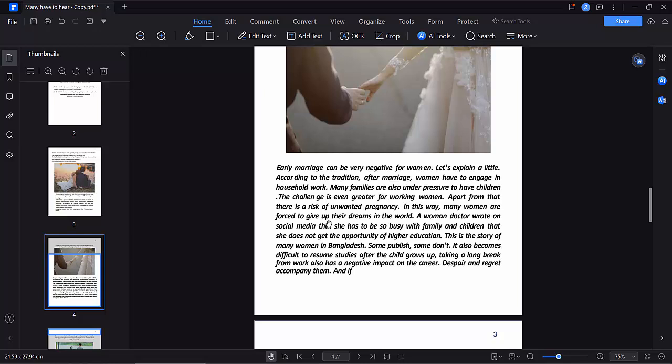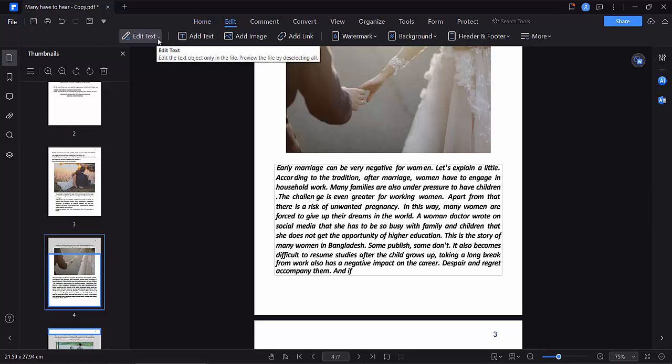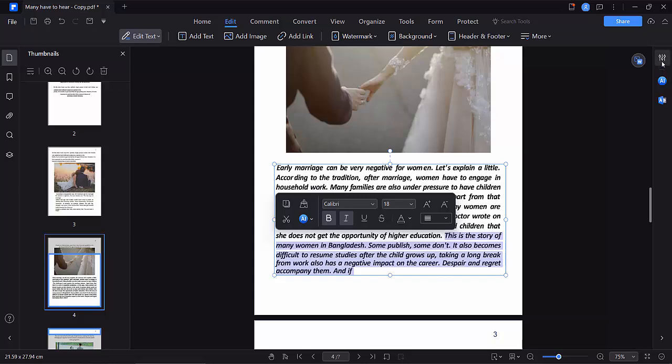Open your PDF file with Wondershare PDF element. Now click on this edit option, this menu bar, and select this edit text. Click on this down arrow and select text. Now click on this text box and select your text, drag your mouse cursor, and on this right sidebar click on